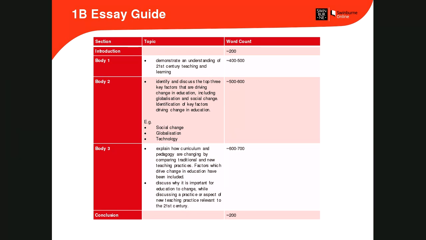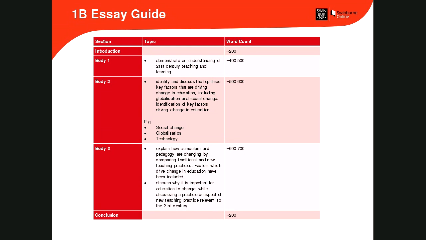So I know this question's come up a fair bit on discussion boards and in our chat room. Can you take your 1A essay and use most of that and then just add a couple of things? The answer is really no. You can't just take your basis of 1A and then add a few extra points to it. There's so much more, as you could see from what Nyree went through, that if you did that, you would only just maybe scrape through with the pass, because we've got so much more that we want to see you do. There's so much more in the word count.